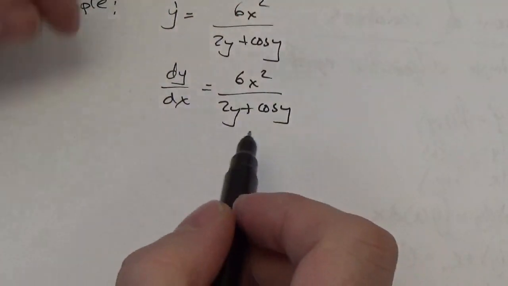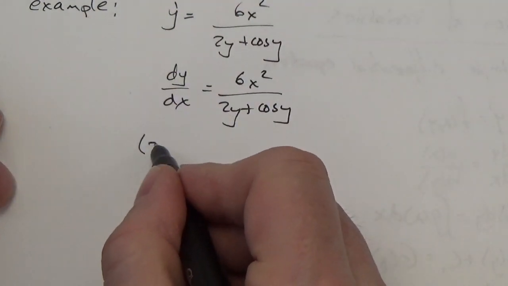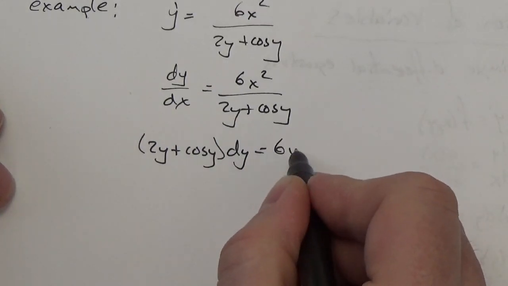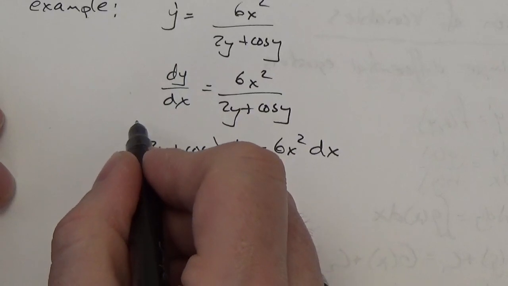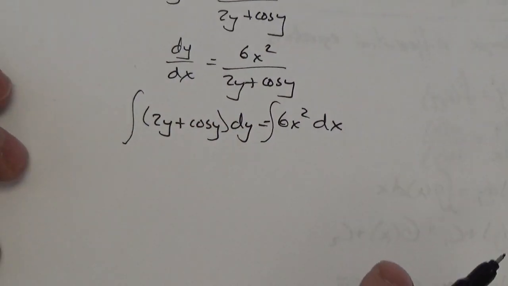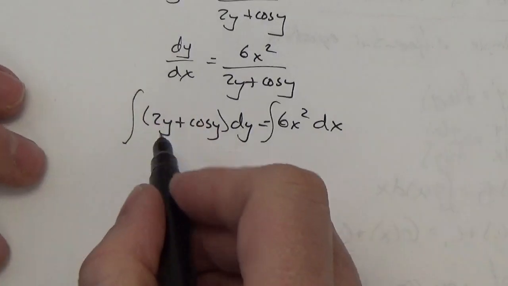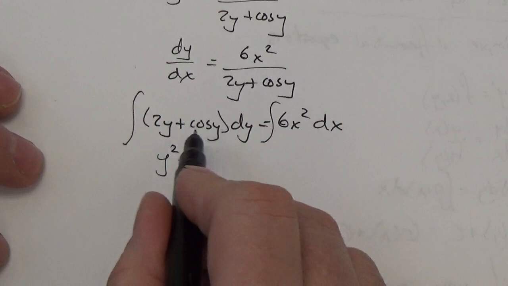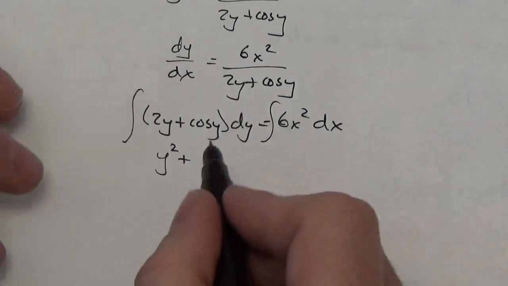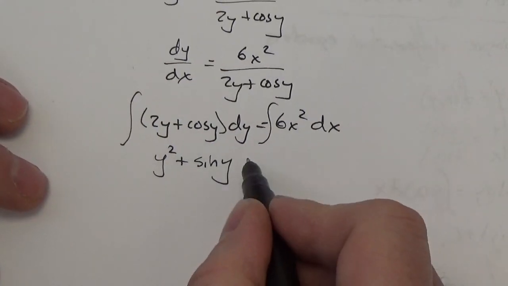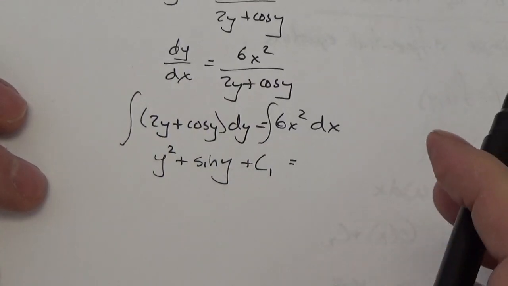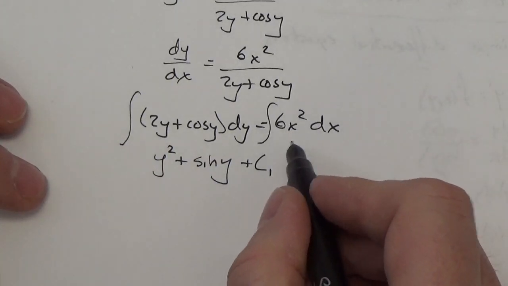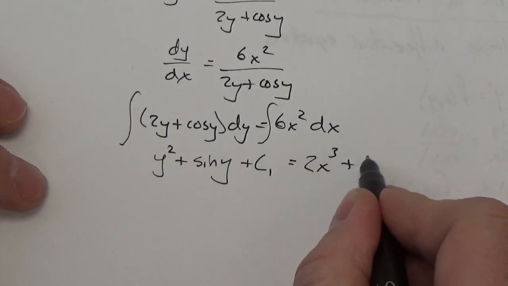And now, again, I'm looking at this, I can separate those. Make that 2y plus the cosine of y dy is equal to 6x squared dx. And then I can integrate both sides. And the integral of 2y, well, I'll raise the y to 2, divide by 2, so it's going to be y squared plus, and the antiderivative of cosine of y will be the sine of y plus an arbitrary constant, and I know I'm going to get one on both sides here. Here, the antiderivative of 6x squared will be 6x cubed over 3, so that'll be 2x cubed plus another arbitrary